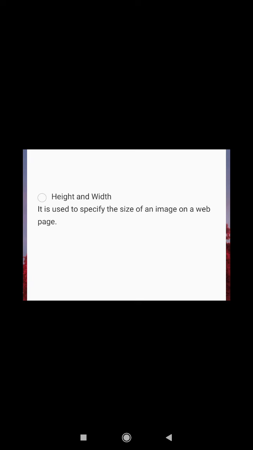The values of these attributes can be specified in pixels or as a percentage of the height and width.